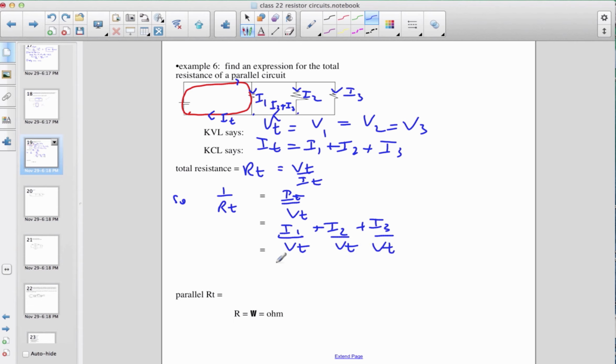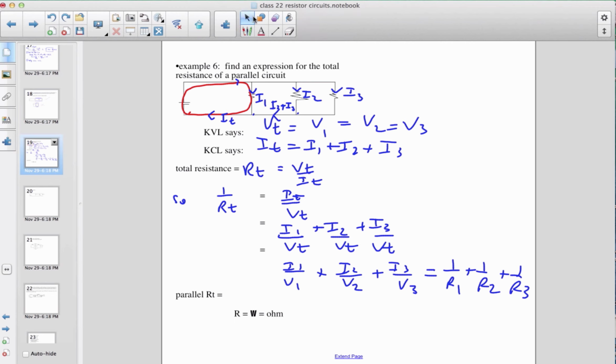We split that up into three separate fractions, and then we substitute in the fact that Vt is the same as V1, is the same as V2, is the same as V3, and then we recognize that I over V is a reciprocal resistance. It's the reciprocal of R1, R2, and R3. So we know that the reciprocal of total resistance is the sum of the reciprocals. If we want to solve that for total resistance, we just take,